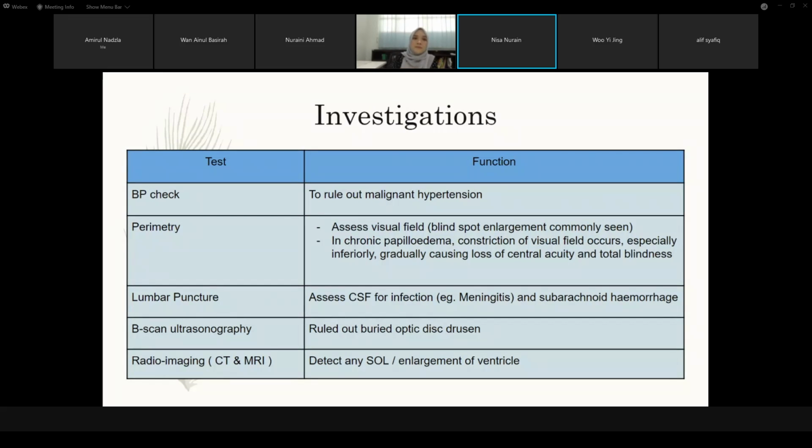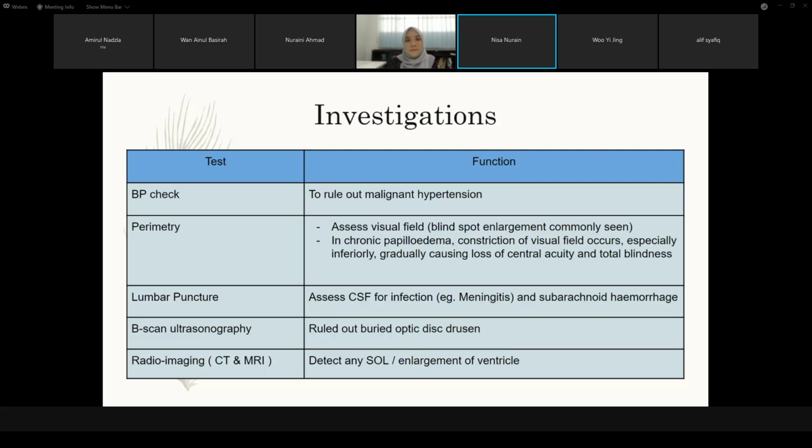For first, kita ada BP check, blood pressure check to rule out malignant hypertension, more than 220 for systole and then more than 120 for diastole. And then perimetry, it's to assess visual field, which is blind spot enlargement. In chronic papilloedema, kita akan nampak constriction of visual field occurs, especially inferiorly, gradually causing loss of central acuity and